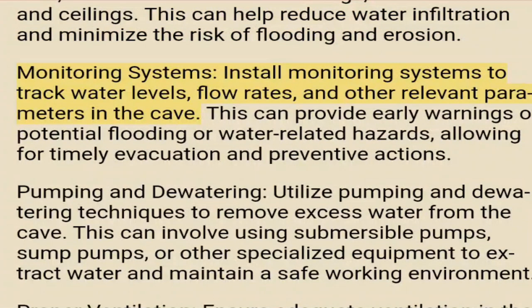Monitoring systems. Install monitoring systems to track water levels, flow rates, and other relevant parameters in the cave. This can provide early warnings of potential flooding or water-related hazards, allowing for timely evacuation and preventive actions. Pumping and dewatering. Utilize pumping and dewatering techniques to remove excess water from the cave. This can involve using submersible pumps, sump pumps, or other specialized equipment to extract water and maintain a safe working